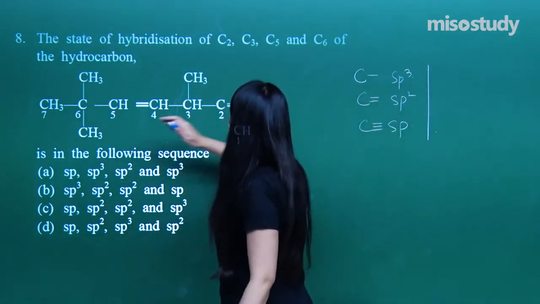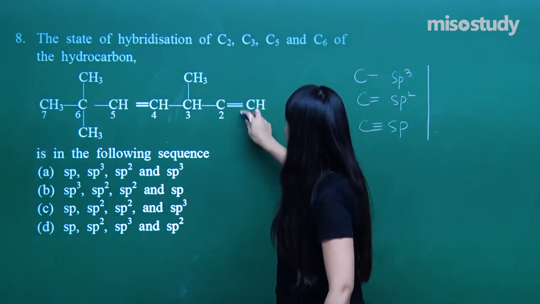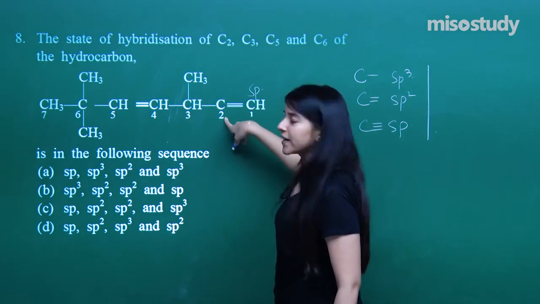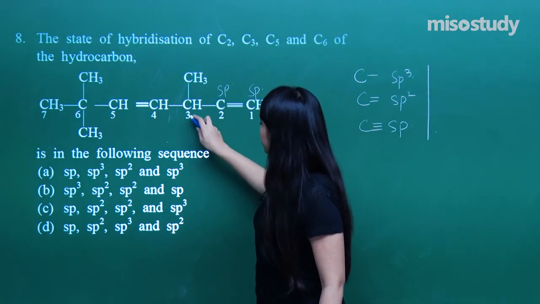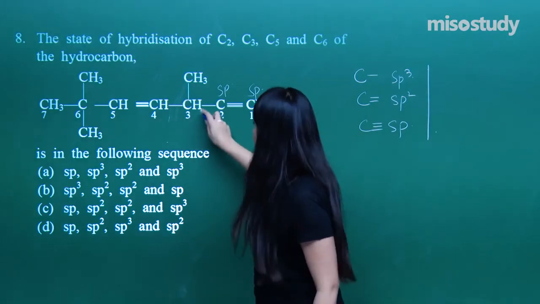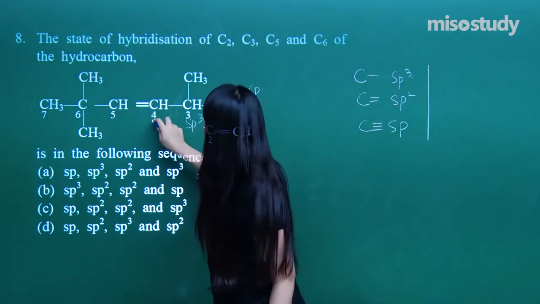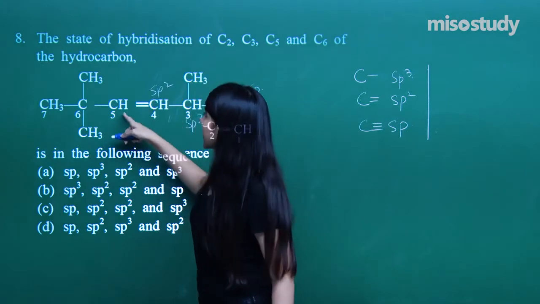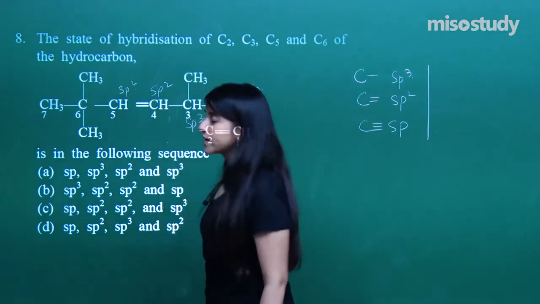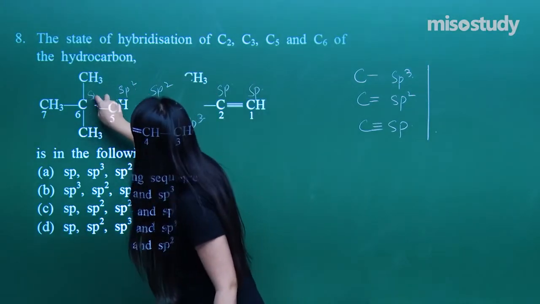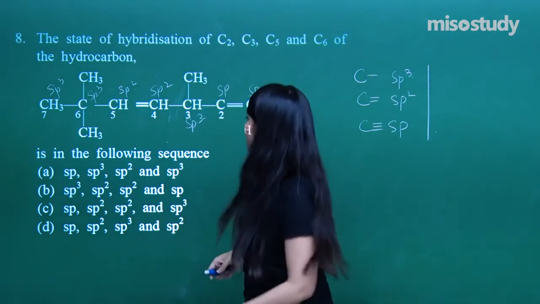So over here all the carbons are marked and you need to assign the state of hybridization. This is a triply bonded carbon, sp, again a triply bonded carbon, sp. Here what do I have? Singly bonded from each and every side, that means sp3. Here a doubly bonded, it would be sp2. Again a doubly bonded, that means here is the double bond, sp2. What else? sp3, and finally sp3. So that is how we are going to assign the state of hybridizations within the carbons.